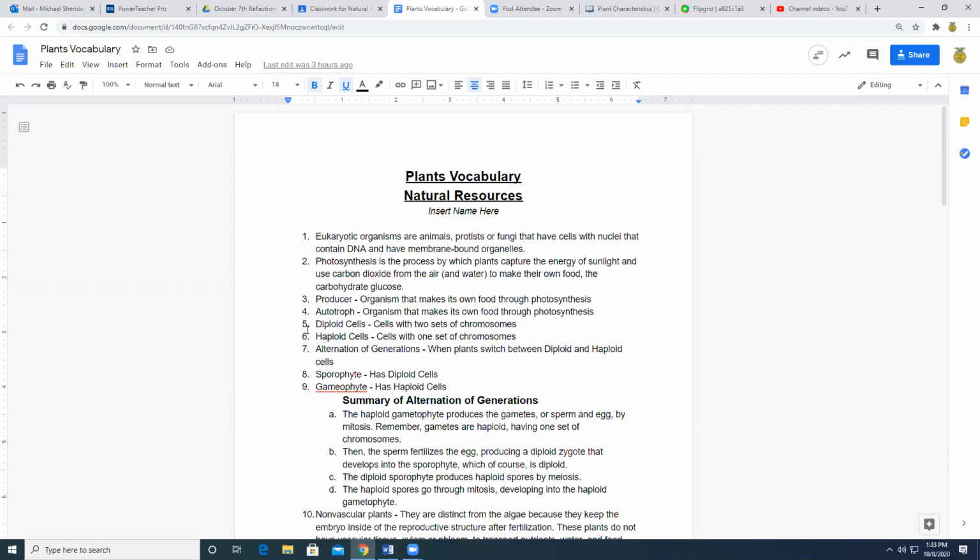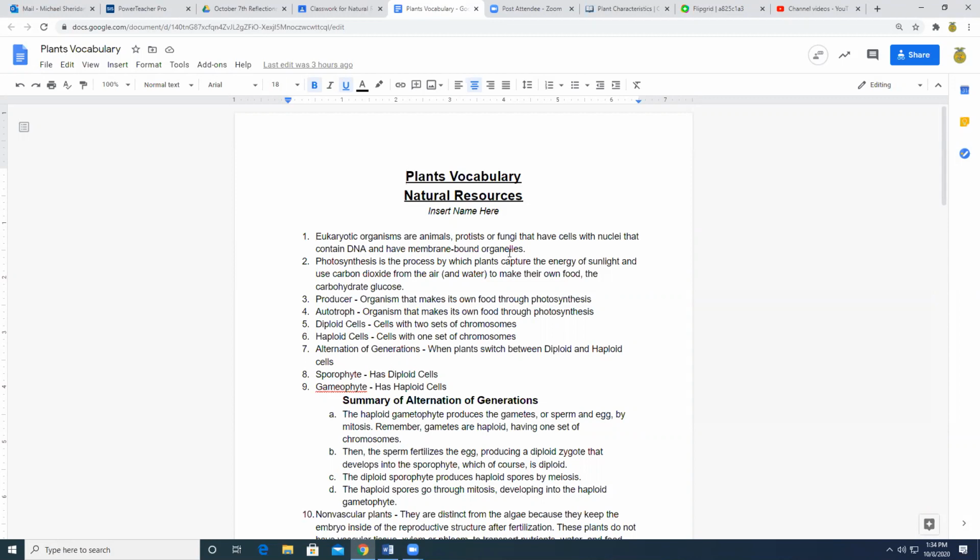Diploid and haploid cells. These are the two different types of cells. Diploid cells have 2 separate types of chromosomes. That's going to be most of the cells in our bodies, most of the cells in plant bodies. Haploid cells are very important, though. They contain 1 set of chromosomes. That would be a type of cell that is a reproductive cell that is being used to combine that 1 chromosome that it has. Remember, it's called a haploid because it only has 1. It's combining that with another haploid cell to make 2, to make a diploid cell, so that you've got a full set of complete chromosomes.